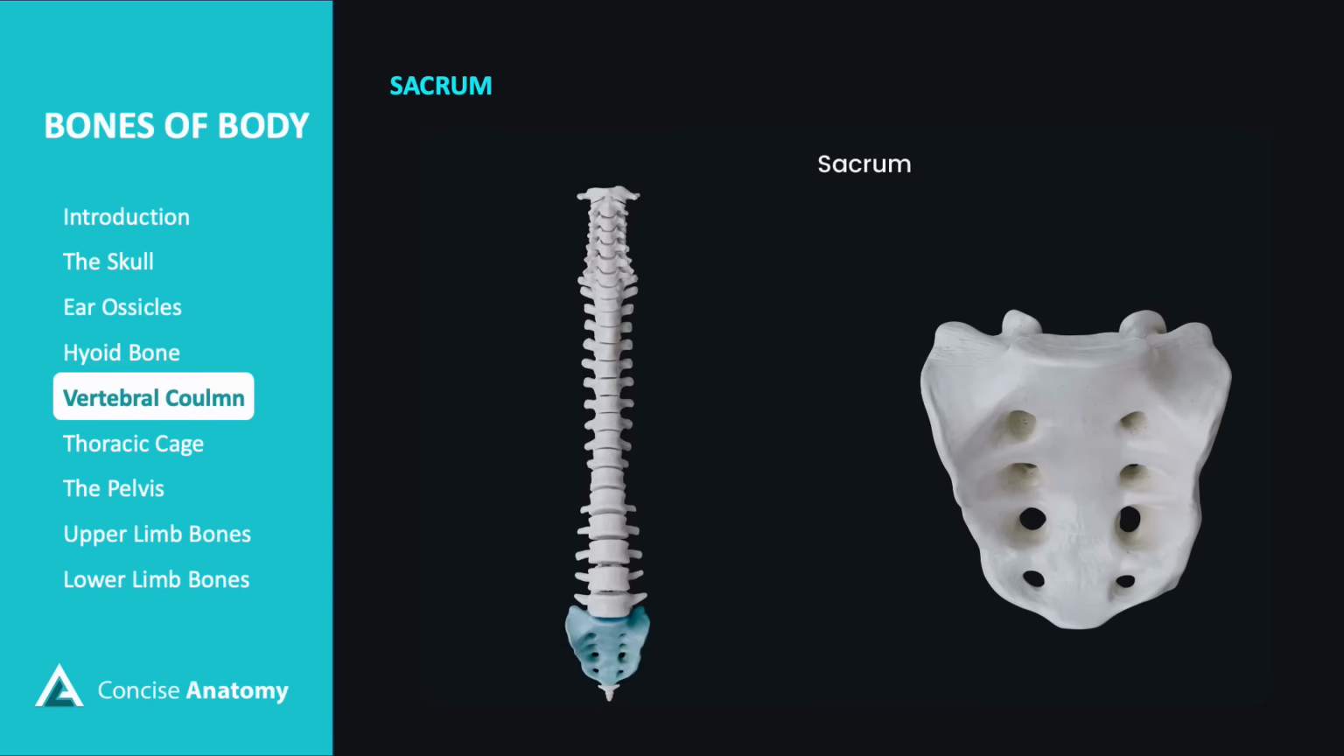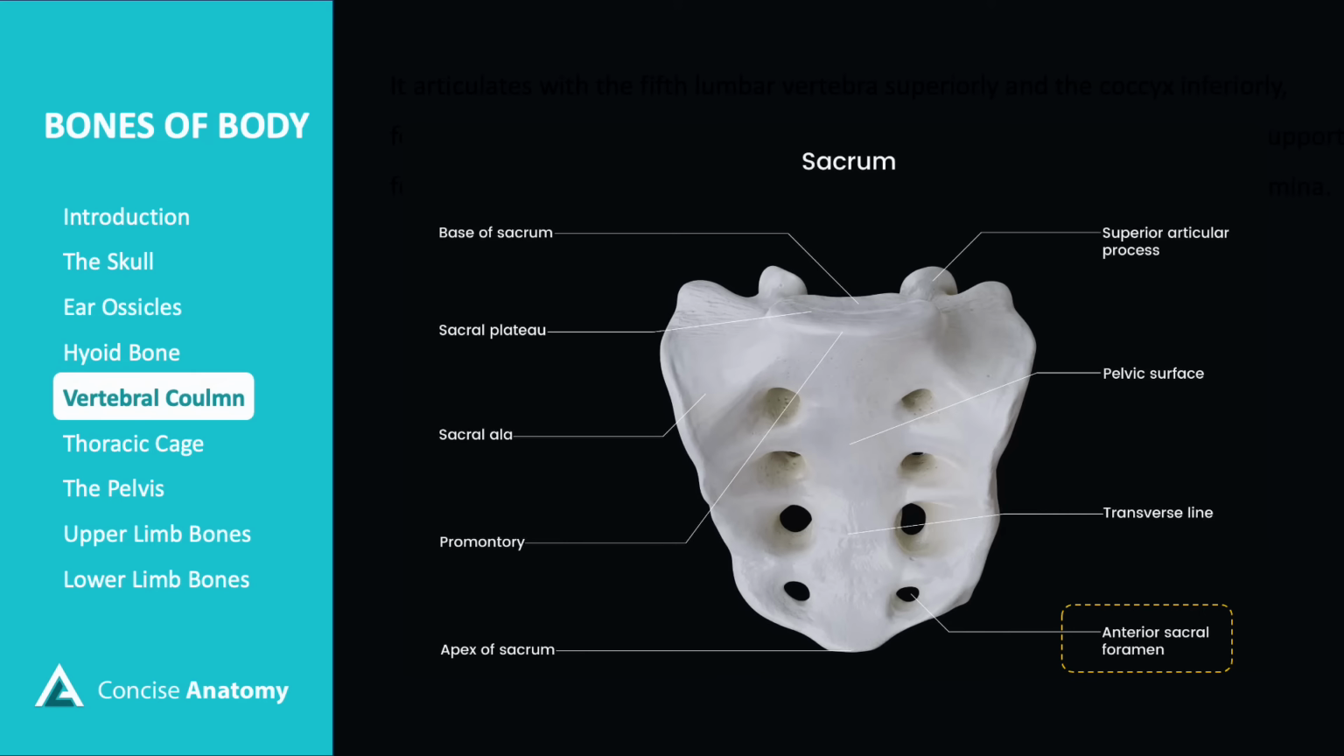horizontally. The sacrum is a triangular-shaped bone at the base of the spine, formed by the fusion of 5 sacral vertebrae. It articulates with the 5th lumbar vertebra superiorly and the coccyx inferiorly, forming the posterior part of the pelvic ring. The sacrum provides structural support for the pelvis and serves as a conduit for sacral nerves through the sacral